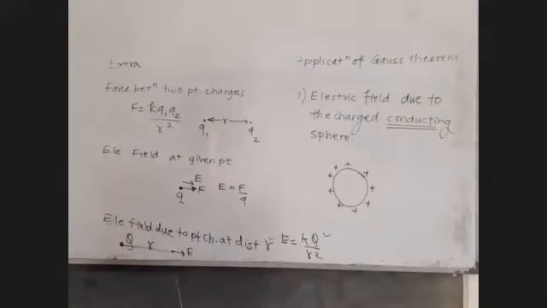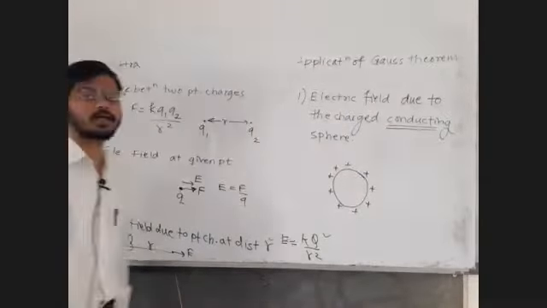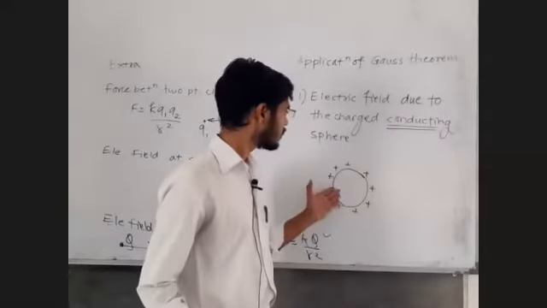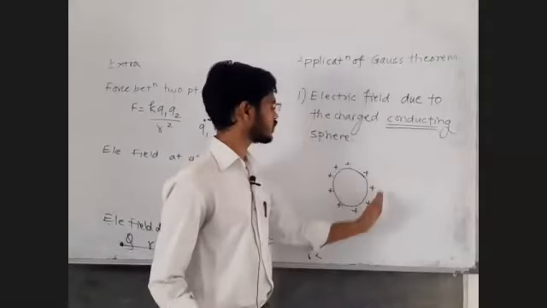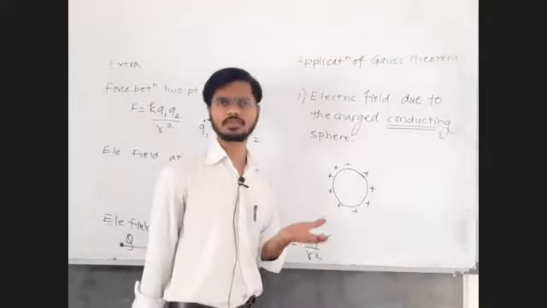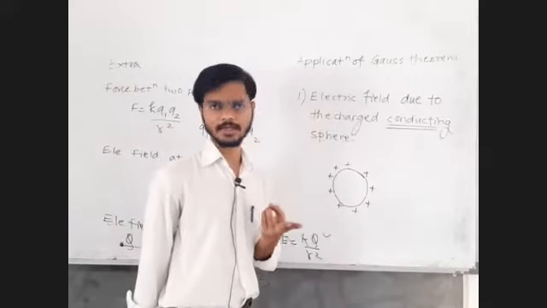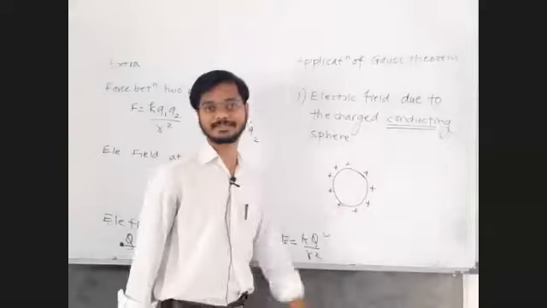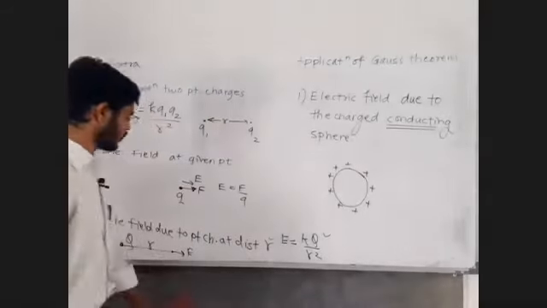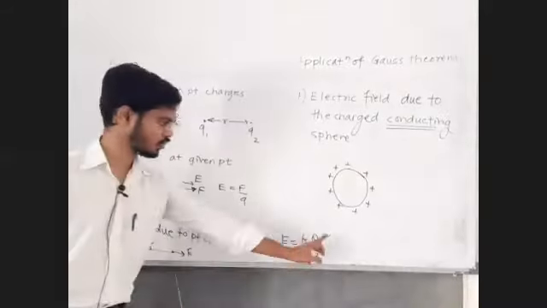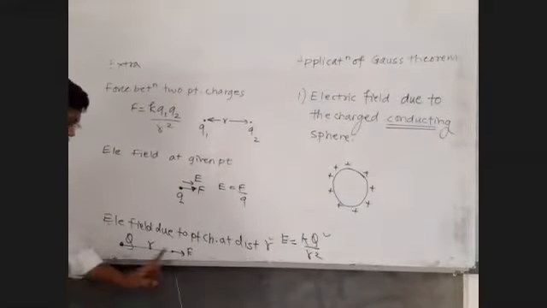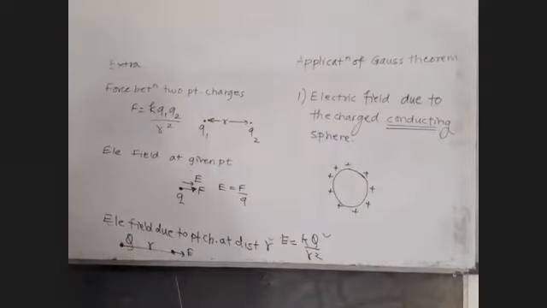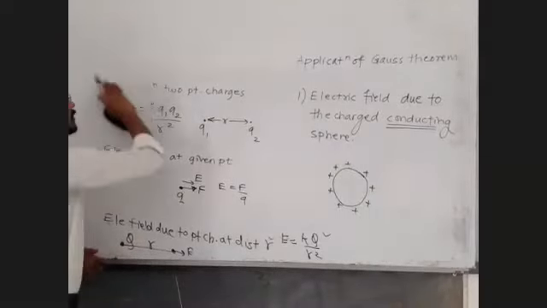Okay. Do not get the formula. Right now we are trying to find out the electric field formula for this spherically charged system. We know a charge system can be a point charge, it can be a collection of charges, or it can be a charged object. Now we have the charged object. We know the electric field due to a point charge is K into Q upon R square, where R is the distance of the given point from the given charge. Okay, fine. This was an extra point.